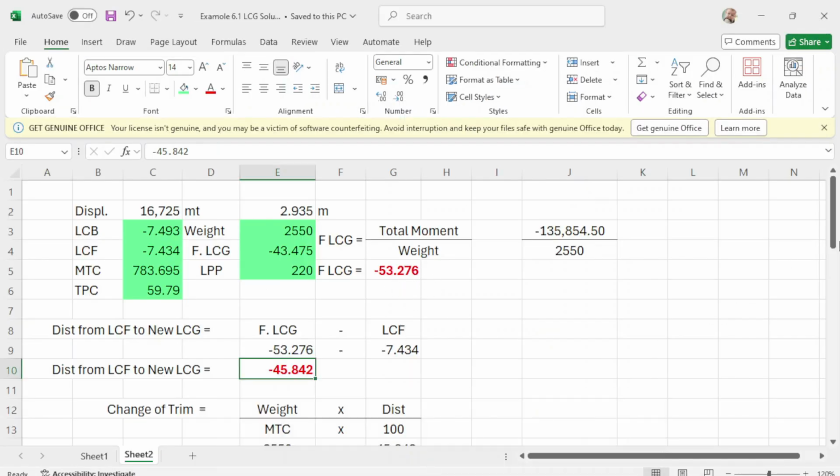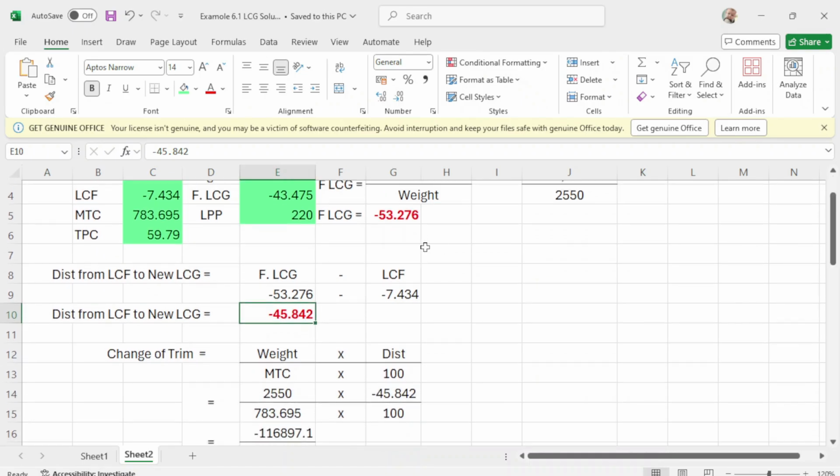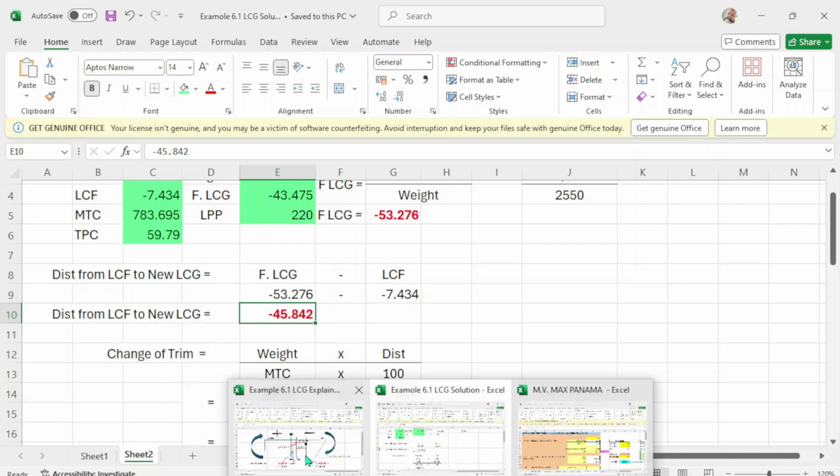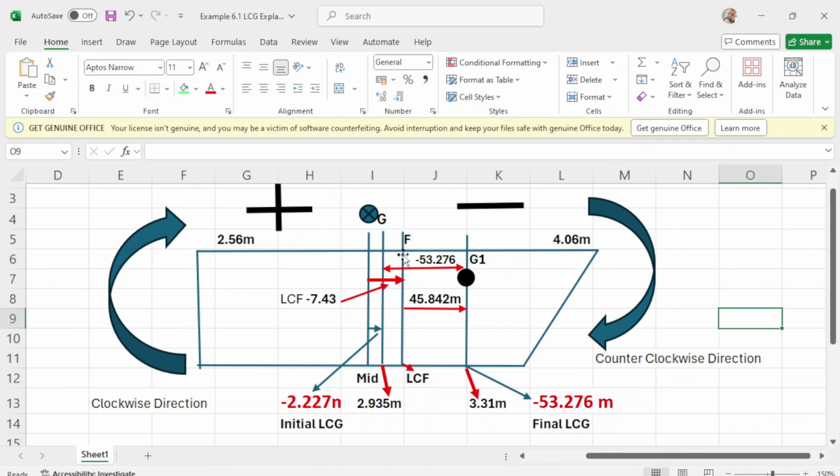Once you have your final LCG, you have to get the distance, or the difference, from LCF to the new LCG. What does it mean? If this is your center of flotation, what will be your distance from this one to the G1?